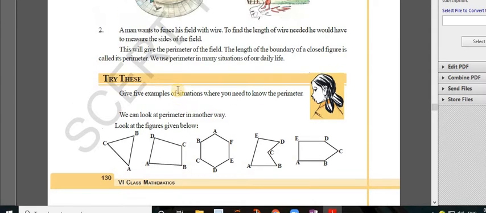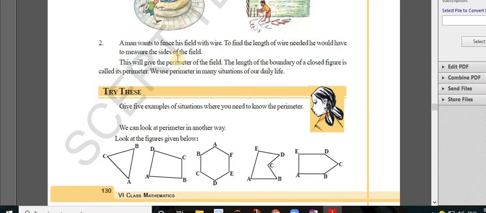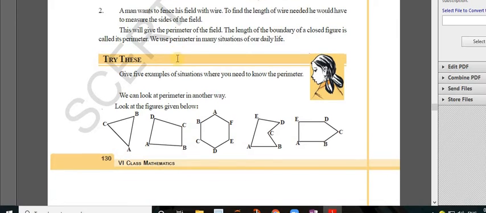And here is an example already given, and I am going to say this example in another way. Like one circular path is there. In this path I want to create a fountain, and I want to make the fountain with tiles. So here also I have to find the perimeter. And for a rectangular swimming pool, I want to cover my rectangular swimming pool. So like that we can go for 5 examples of situations where you need to know the perimeter. So one is the swimming pool, one is the fountain, one is the rose garden, and one is the farming field. So these are the 5 situations. And sorry, one more is the tiles.